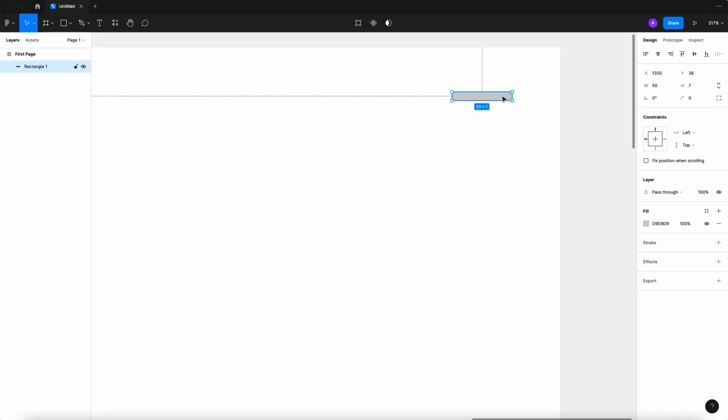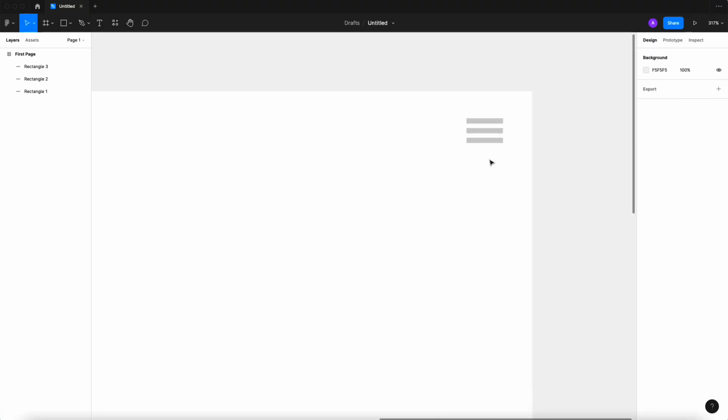So I want to duplicate this rectangle. For that, you can press Ctrl D or Command D. Once you do that, the new copy will be appended on top of the existing one. So if you drag this down, you are dragging the copy of that. If you press again Ctrl D or Command D, the next item will be automatically placed below that other item. So we have those three